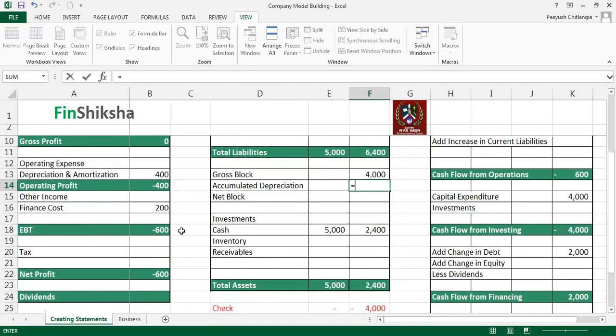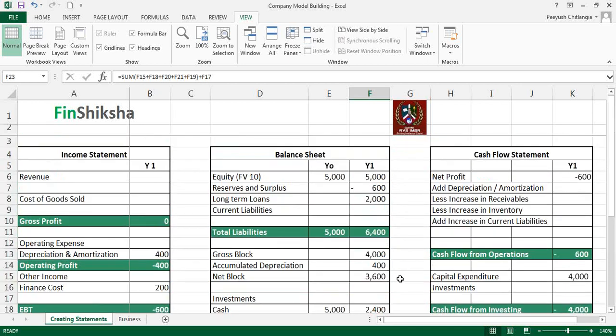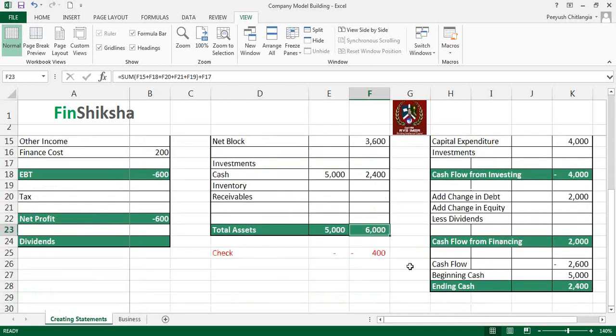But because you have already lost 400 in depreciation, accumulated depreciation becomes this, which means carrying value of the assets is initial value minus what value you have lost during the year, right? So we arrive at this number, which is 3,600, and we will note that that's the value that has gone out during the year. The balance sheet even now is not kind of balancing,